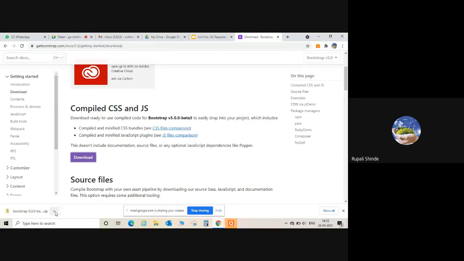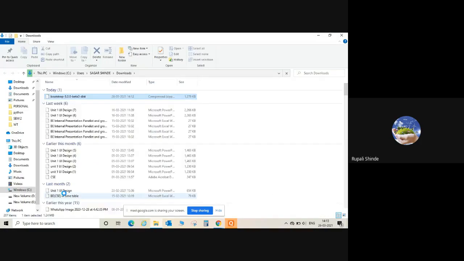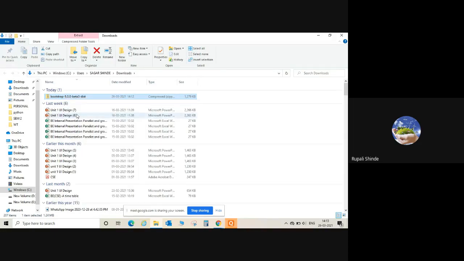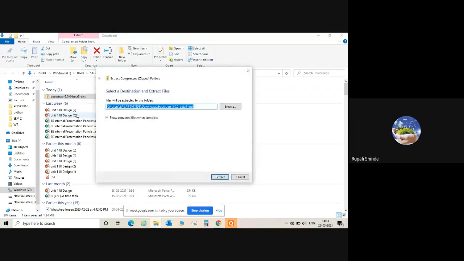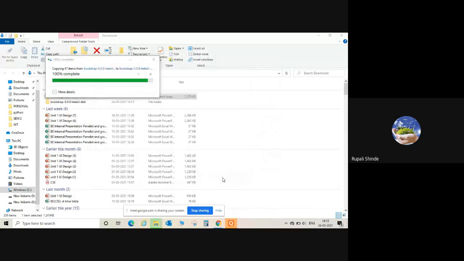Okay, now it is downloaded. Just go in the folder. Extract the file. You can extract it in the same folder, no worry, or you can extract it in your own folder.